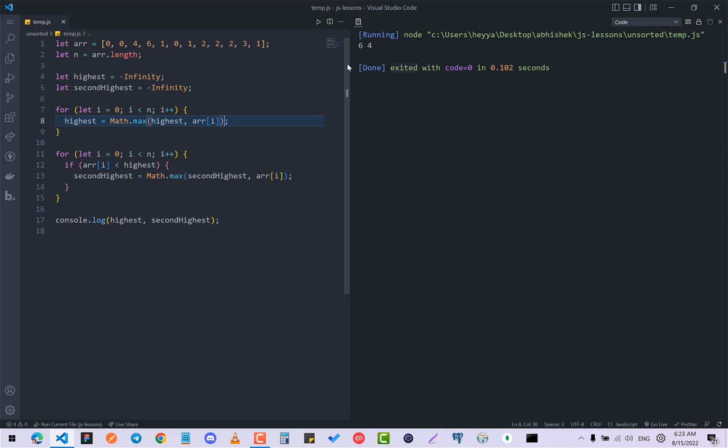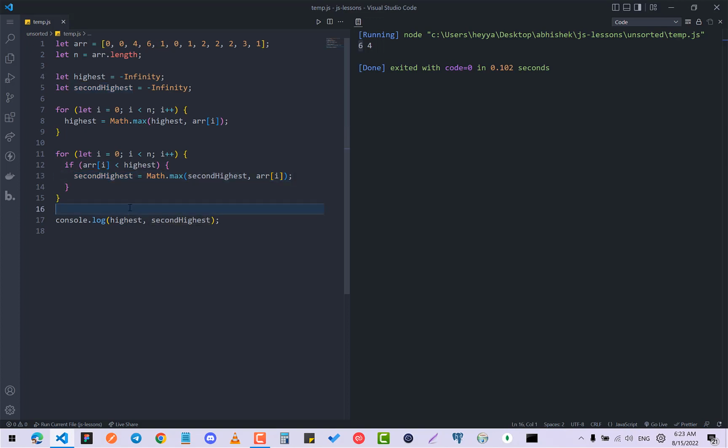So it found the value is 6. Okay, and now after that, in the second loop, we checked if any element is smaller than the biggest element, which is 6. So if any element is less than 6, do the same thing,